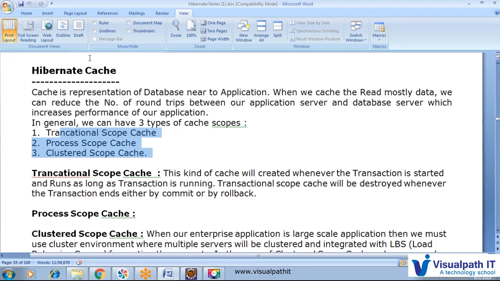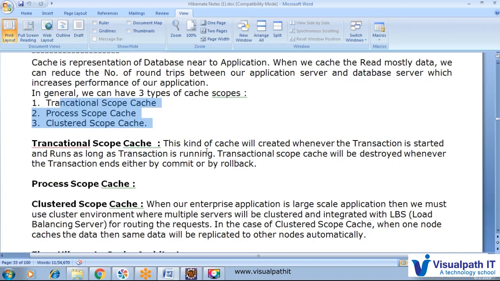We split the cache according to its behavior into 3 parts: first the transactional scope cache, second the process scope cache, and third the cluster scope cache. We will see how all 3 caches differ by behavior. So first we will go through them one by one.